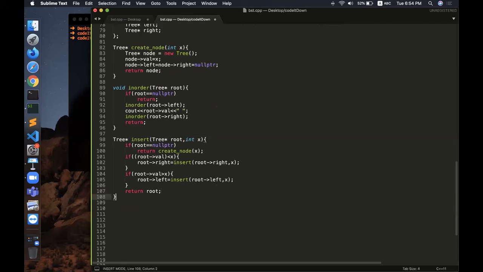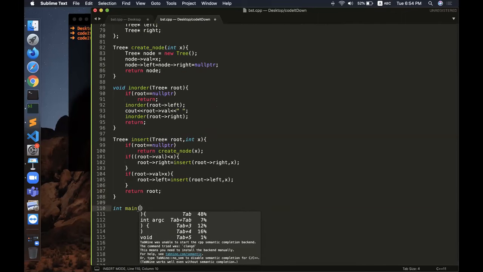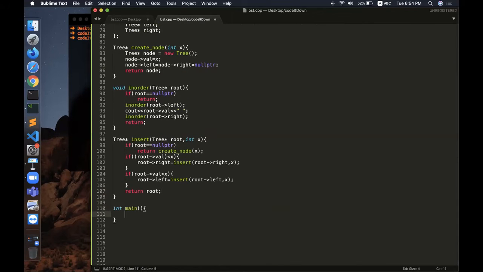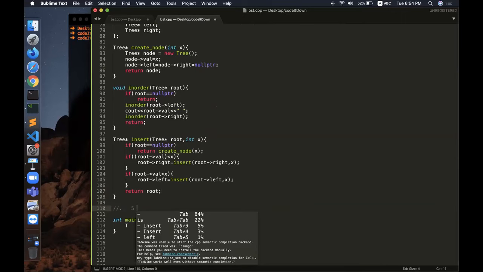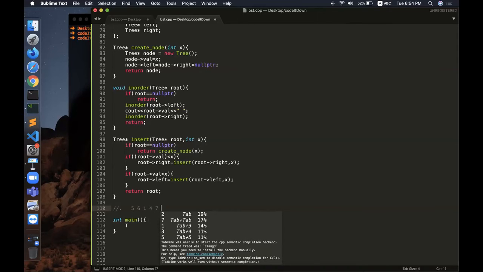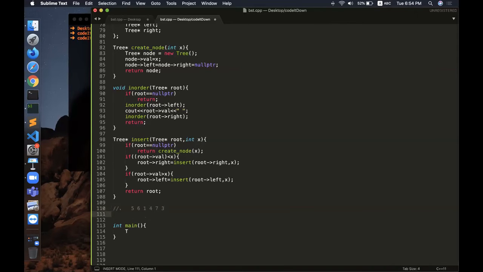Okay, so let us quickly write the main function. Let us say I want to insert 5 first, and then 6, and then 1, and then 4, and then 7, and then 3. Let us just do a dry run here.